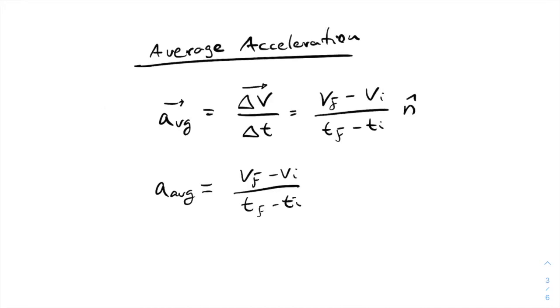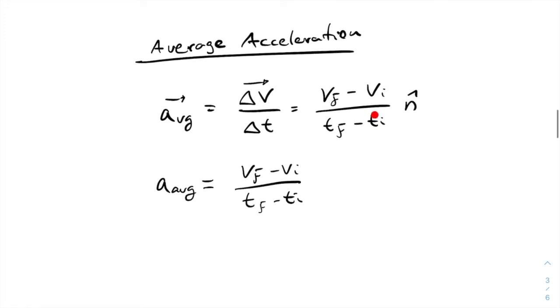Now we're going to see what the average acceleration is. We define the average acceleration as the vector that indicates the difference in velocity over a period of time. What this means is that we have mathematically the difference in velocity divided by the difference in time to go from one velocity to the other. This means that we have an initial velocity and we accelerate, or increase our velocity, up to a final velocity